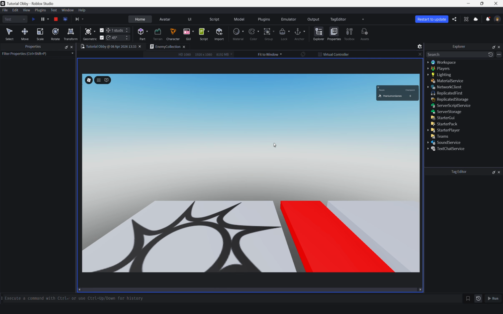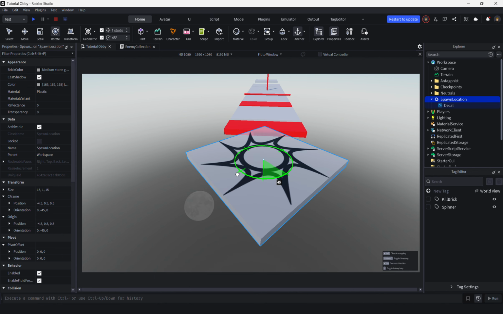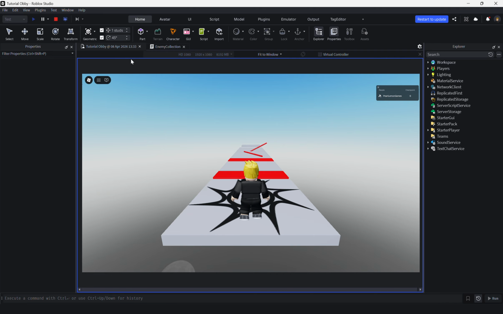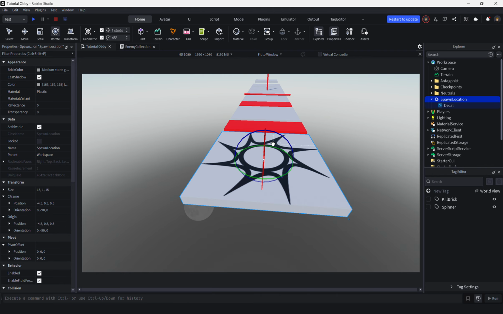If I spawn, the player would be facing that way. So all I just need to do is rotate it to there. I believe this is the other way around. Yeah, that's fine. So all you have to do is rotate it to where the actual spawn would happen,